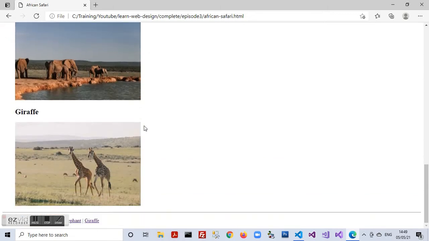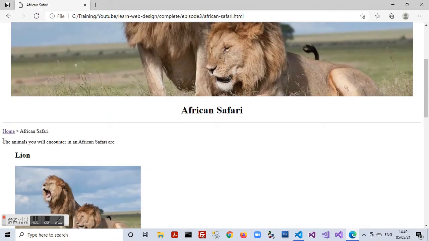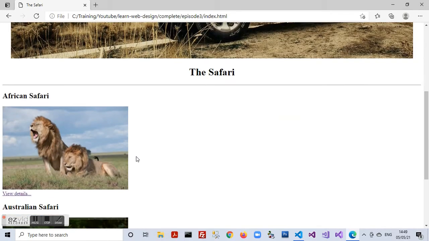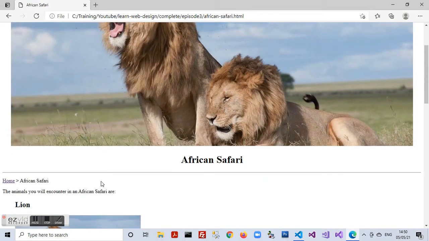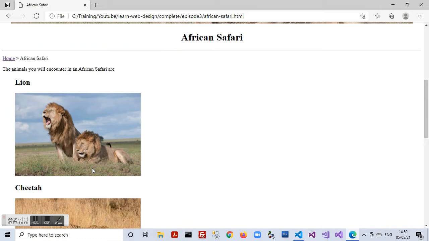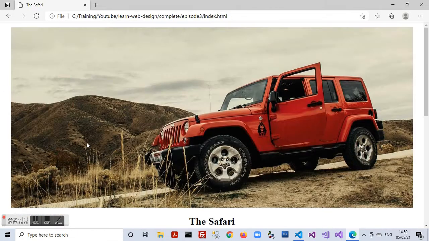These linkages are being taken care of by hyperlinks. We can click on the home link on the African Safari page and move back to the home page of our website. We also observe how the presence of images gives looks and feel to the web page. A modern web page is incomplete without relevant images. I will now take you through creating these pages with the hyperlinks and the images.